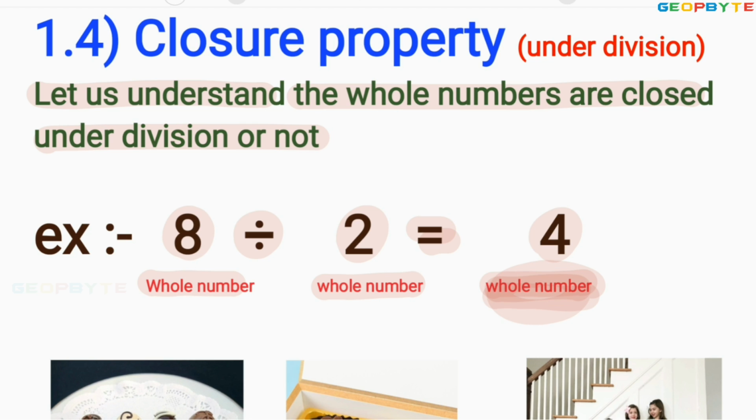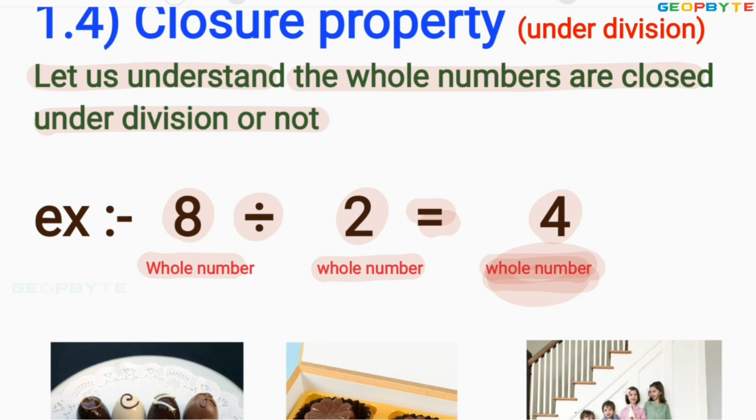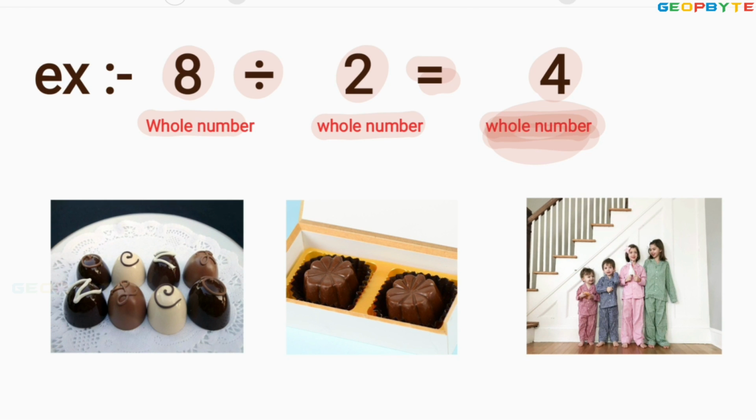Condition is satisfied. Here I took ice creams for you. Look at the ice creams. There are 8 ice creams available for you. I want to distribute these 8 ice creams to 4 members. How many are you getting? Each 2. Each can get 2. 2, 2, 2, 2. Anyhow, 8 divided by 2 is a whole number, 4. 8 is a whole number. 2 is a whole number. 4 is also a whole number.